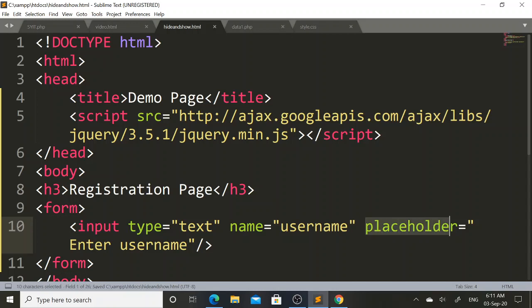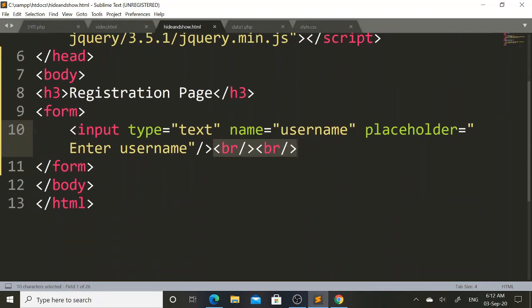Because of this placeholder, user will understand they need to enter their appropriate username in this text field. Here I will include break tag so that next element will appear on next line in my web page.